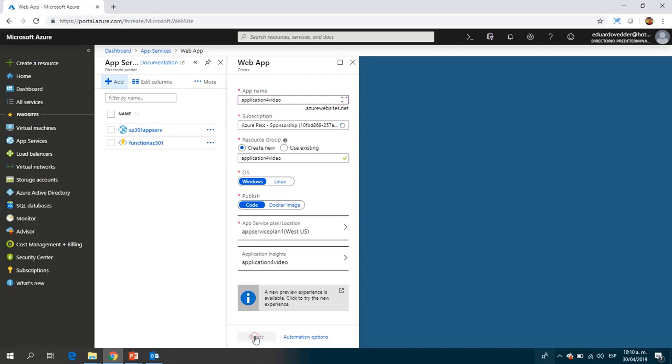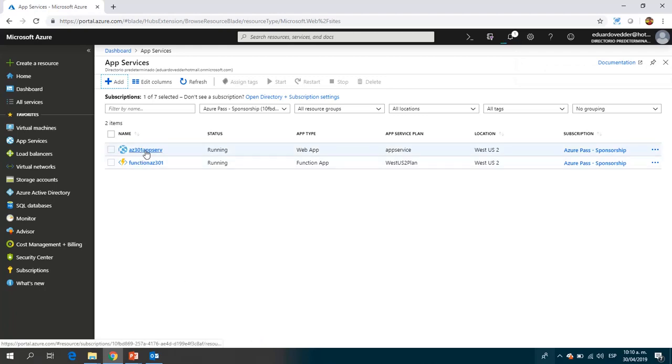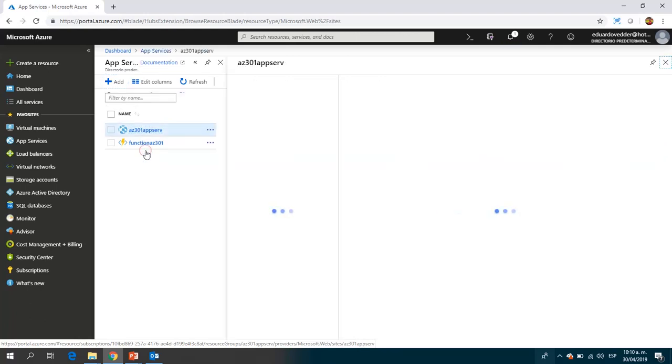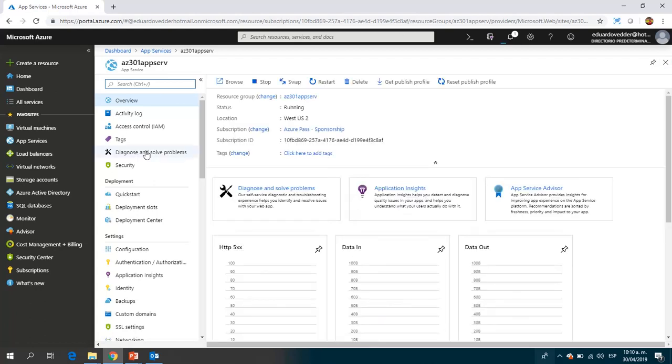Finally, I can click on Create. If everything is okay, this will run a final validation. If all my configuration is correct, I should see that the deployment is going to start. The deployment of the web application is going to take around 2 minutes. I already have another application service, so I can click on that and we can take a look at the options that we are receiving, basically taking an overview of the